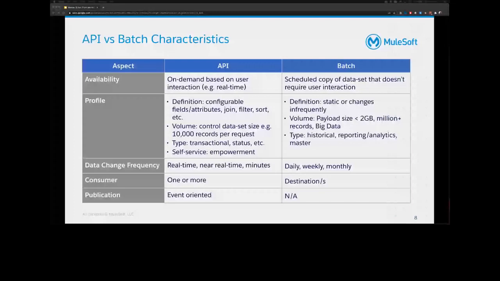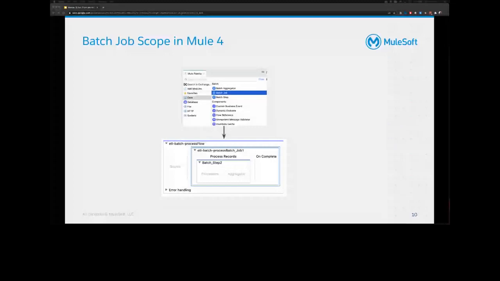Now, how can Mule 4 help you with your batch processing requirements? The batch job scope in Mule 4 provides a construct for asynchronously processing larger than memory datasets that are split into individual records. Within an application, you can initiate a batch job scope, which will split messages into individual records, perform actions upon each record, and then report on the results, and, if desired, push the process output to other systems or queues.